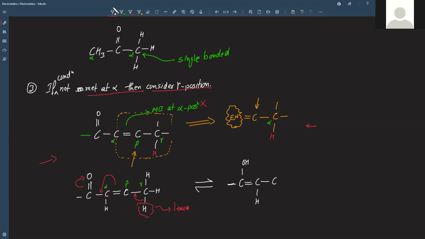Then as you can see here, this is your alpha and beta carbon. Now beta carbon and gamma carbon will have a double bond, as you can see here, which will have two valencies satisfied by other groups. And the hydrogen, as we have seen, which has left from this, has actually come here, right? So this is the hydrogen which has moved.